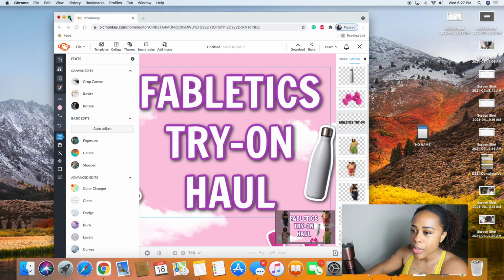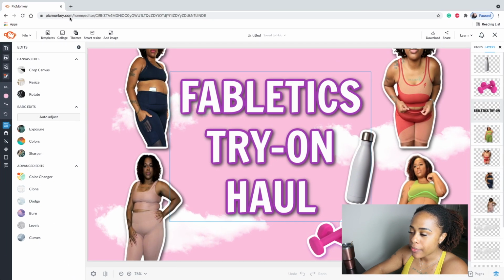Okay, so basically I'm already in the Picmonkey app. If you look all the way over to where the little pointer is, it'll show you what you can do as far as adding text, adding photos and videos, adding graphics. You can draw on your designs. You can add different background colors. You can change your background to maybe a stock photo that Picmonkey already has within their software. Of course, you got your rotating